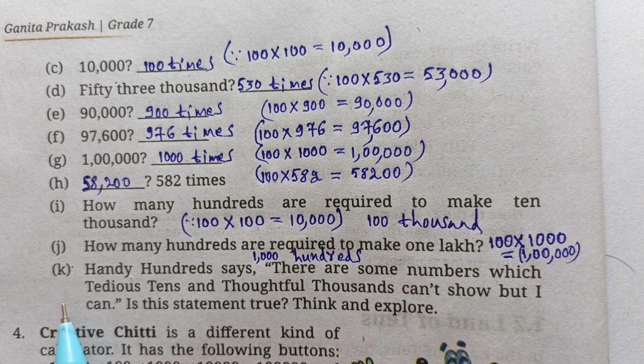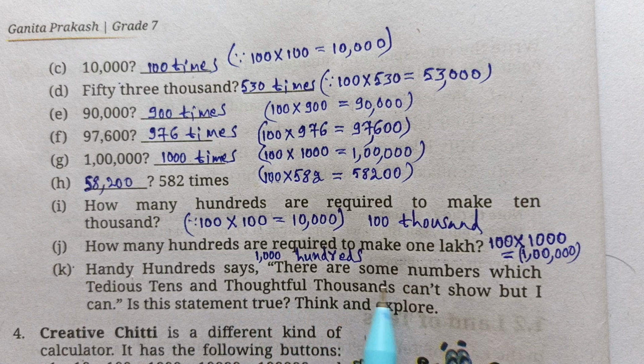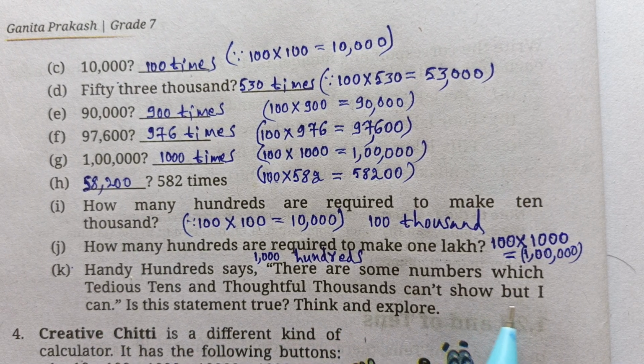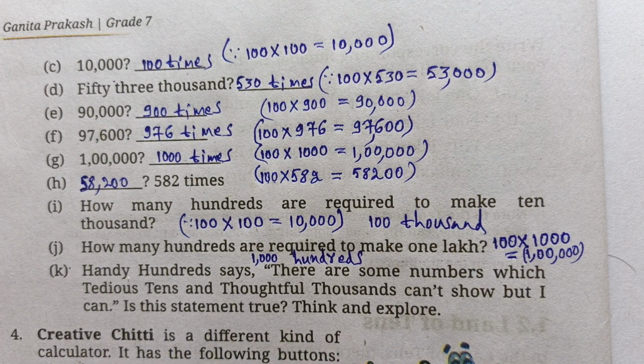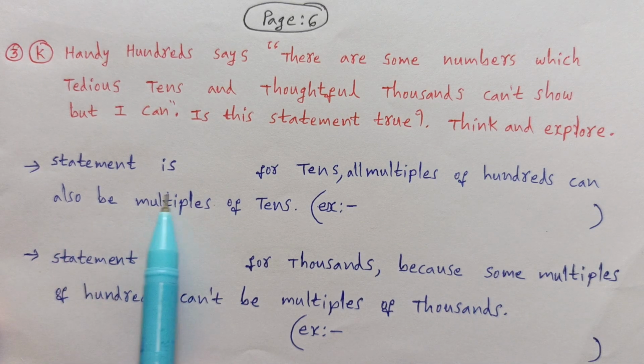Next, last bit in this third question, K bit, that is Handy 100 says there are some numbers which tedious tens and thoughtful thousands can't show, but I can. Is this statement true? Think and explore. So this statement is actually false